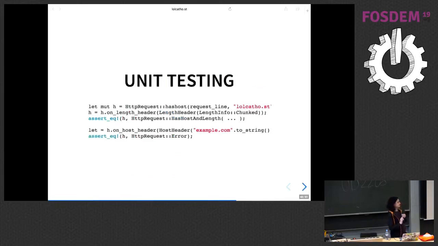It's also very easy to unit test. I can start in the as host state, and I send the length header. Okay, I know I'm in the as host and length state. What happens when I send another host message after that? Well, I get an error. I think there was some case where you could get 2 host headers in HTTP, and some servers were accepting that, and this is a bad idea. So you have to go into an error state with that.